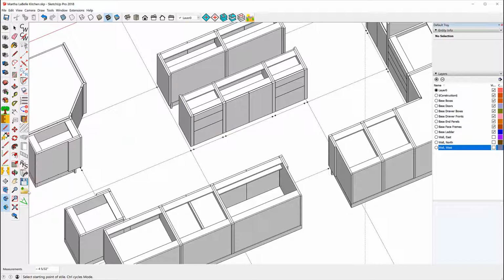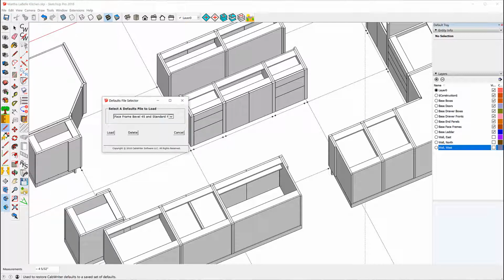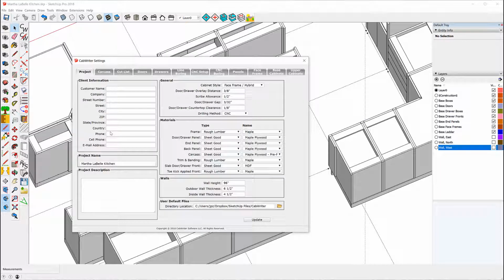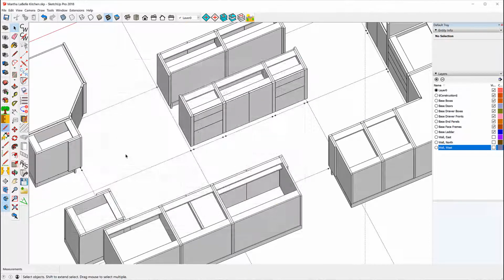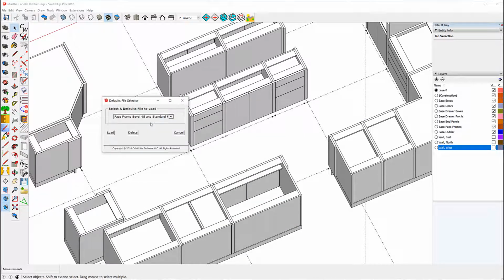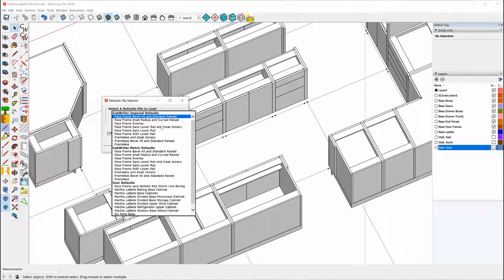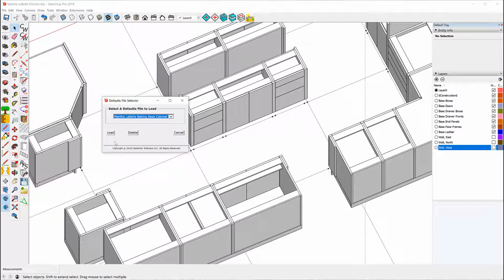So let's go see what's in my toolbox here. Whoops, it's not what I wanted. I wanted the drop down. This is the baking base. And what I used to create it was the shallow base island cabinet. But I didn't use the baking base, so I'm going to use the baking base defaults, load them,